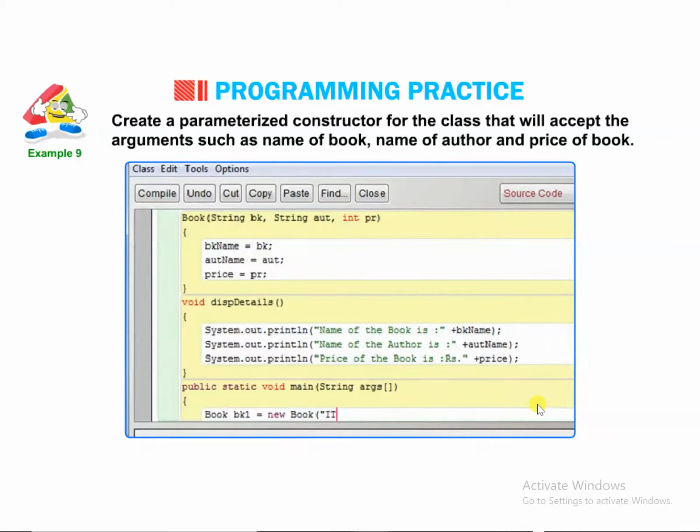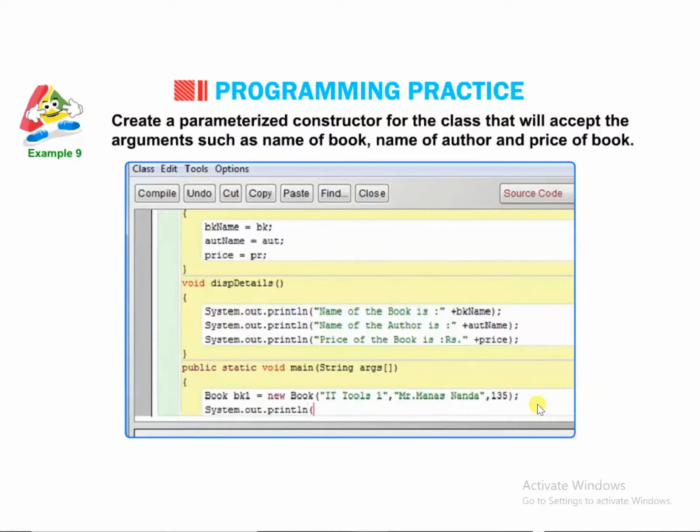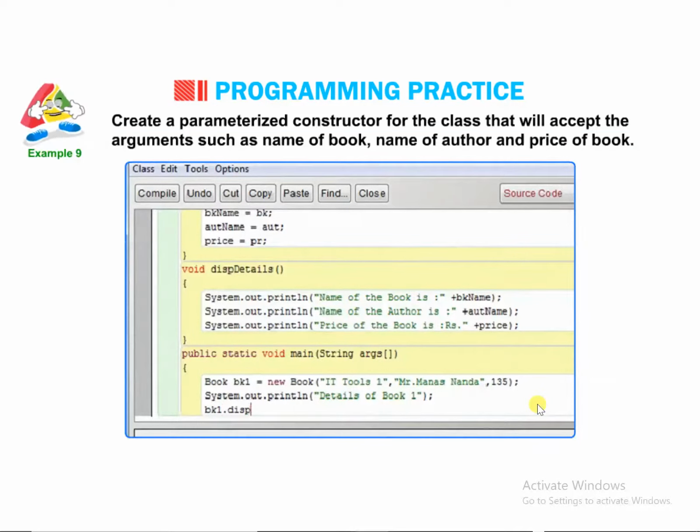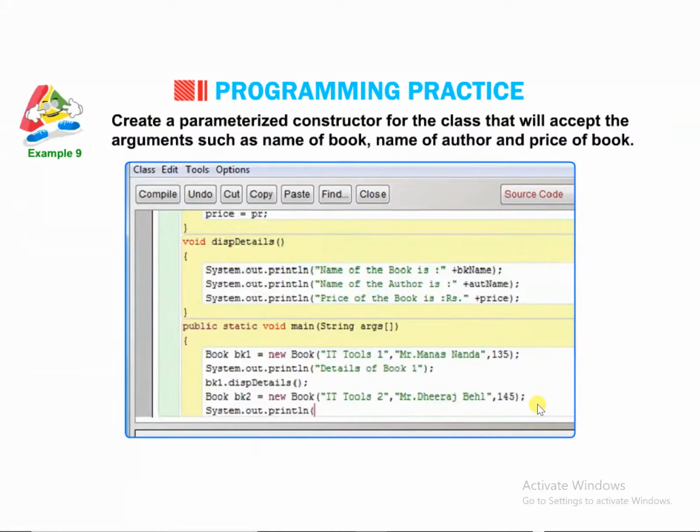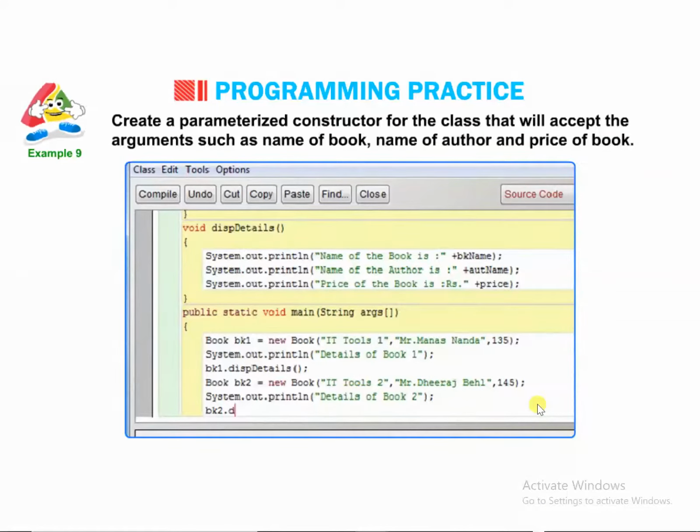Book("IT Tools 1", "Mr. Manas Nanda", 135); System.out.println("Details of book 1"); BK1.displayDetails(); Book BK2 = new Book("IT Tools 2", "Mr. Dheeraj Behel", 145); System.out.println("Details of book 2"); BK2.displayDetails();